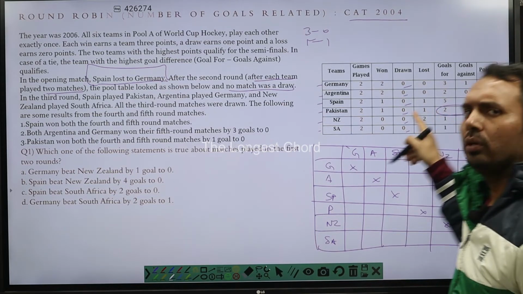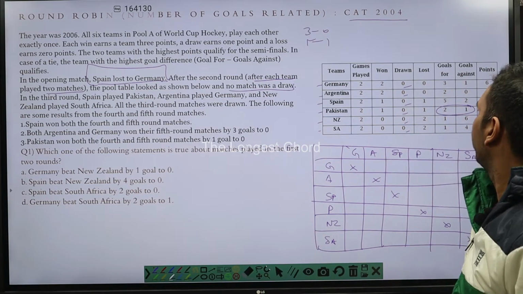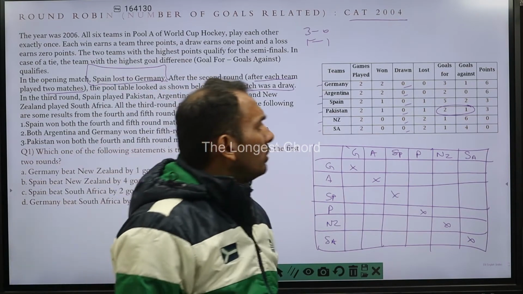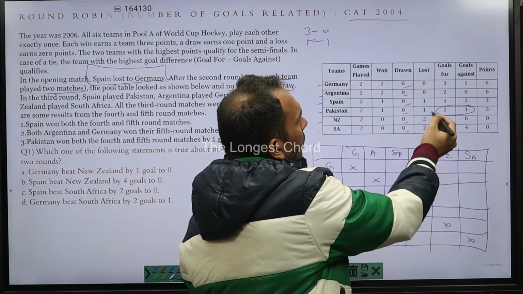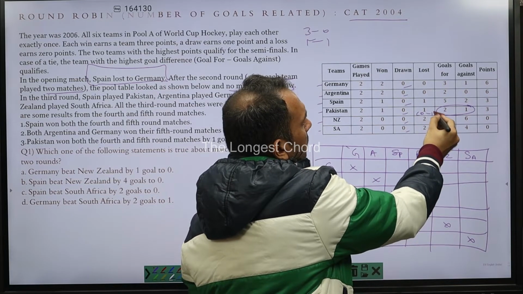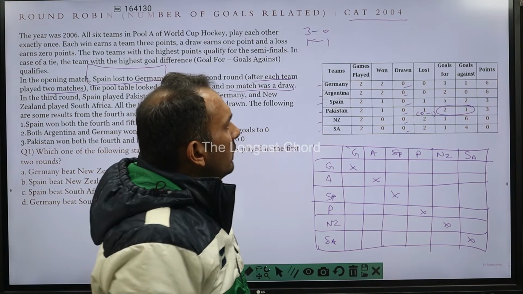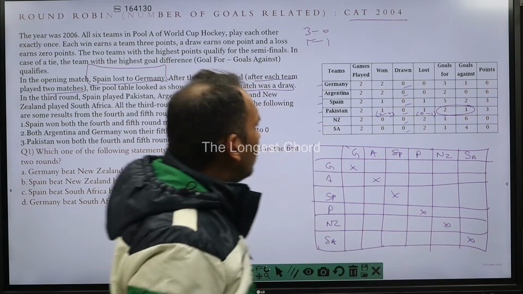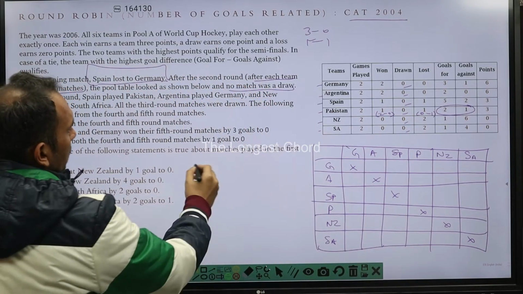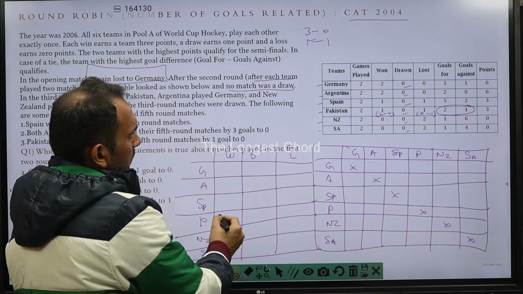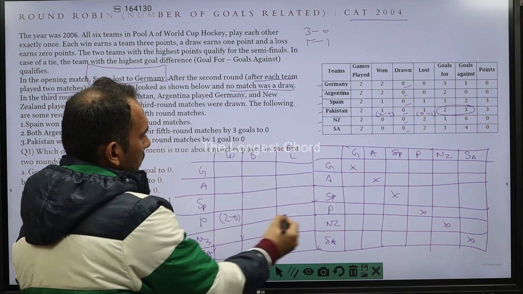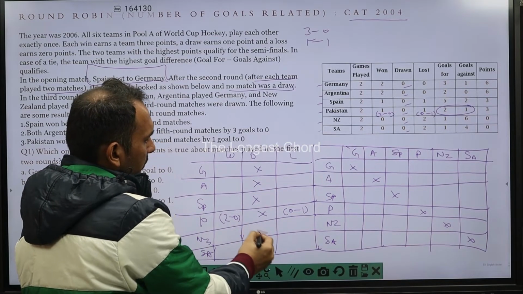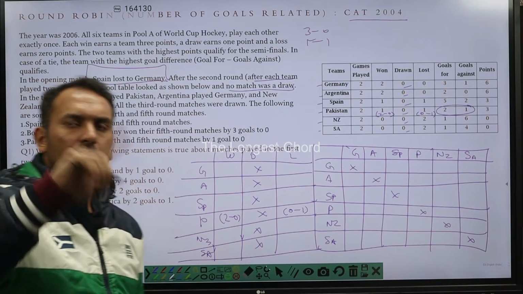So can we say that this should be the target team? There are only 2 scored by the team, and 1 scored against the team. So can we say that there is 1 win and there is 1 loss? Now loss, definitely there is 1 goal, so this has to be 0-1. And if this is 0-1, definitely this has to be 2-0. So we can again bifurcate in the same way. 2-0, there is a loss of 0-1 definitely, and there is no draw. So draws are not there in any of them. We have to just manage the win and loss.